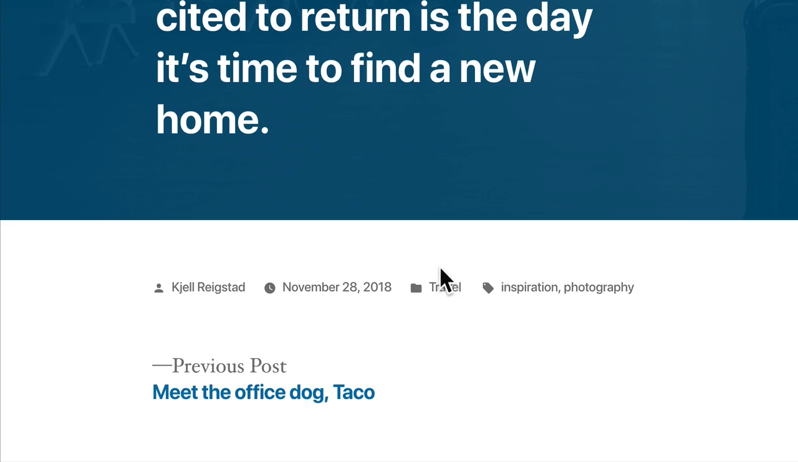So, for example, this post was filed under the category Travel. So we can presume that the author writes a lot of posts about travel, enough to warrant its own category. Now, in addition to being sorted by category, each post you create in WordPress can also be assigned one or more keywords, which we call tags. Tags are like a 1 or 2 word summary of your article, and this post contains 2 tags, inspiration and